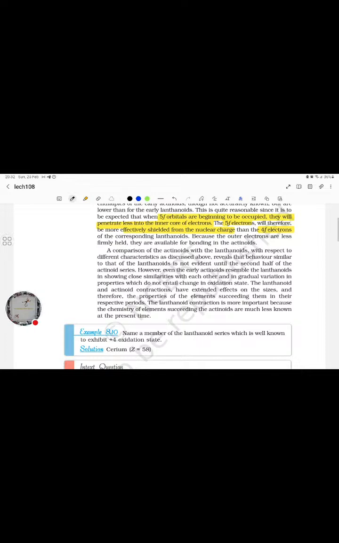A comparison of the actinoids with the lanthanoids with respect to the different characteristics as discussed above reveals that the behavior similar to that of lanthanoids is not evident until the second half of the actinoid series. That is what they are saying: with respect to different characteristics, the behavior similar to that of lanthanoids is not evident until the second half of the actinoid series. However, even the early actinoids resemble the lanthanoids in showing close similarities with each other and in gradual variation. So basically it is not evident until the second half,